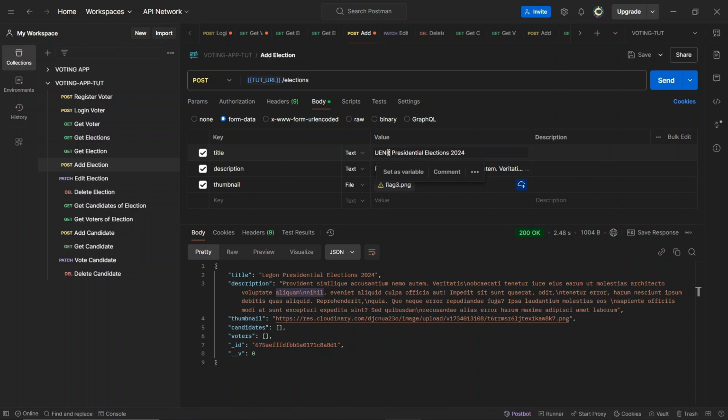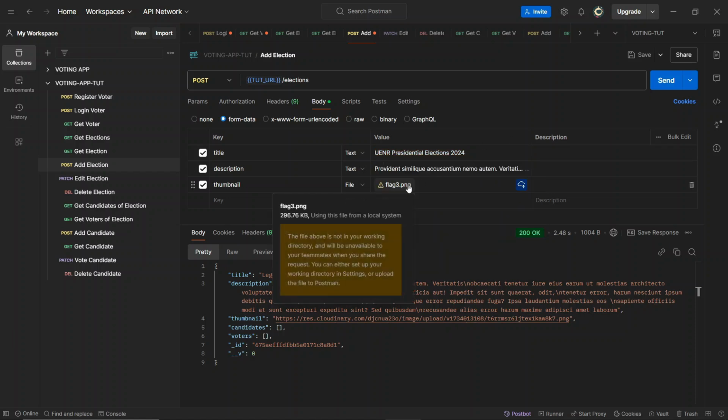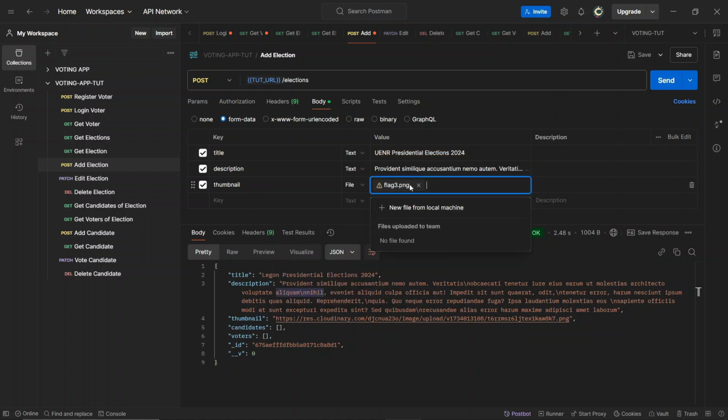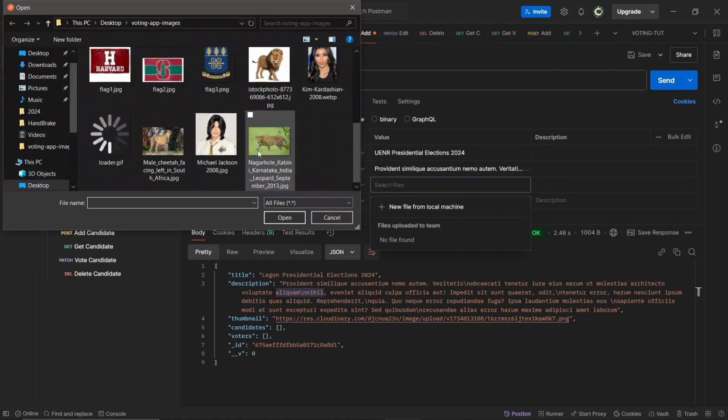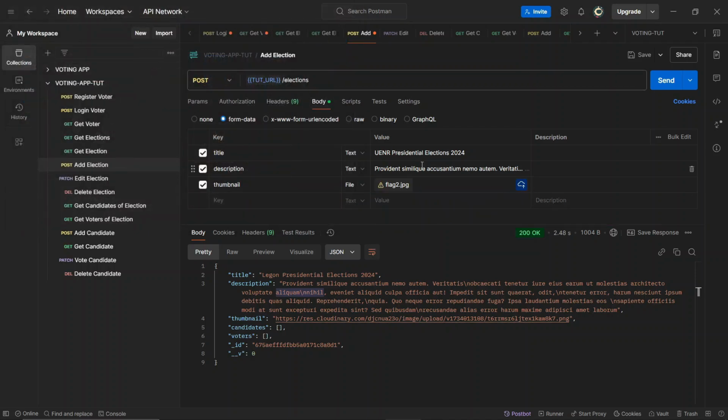UNEP presidential elections. And for the flag, I don't think I have a flag for UNEP, so I'll just choose anything. I'll choose the Stanford flag and I'll send this. Let me just edit this a little bit